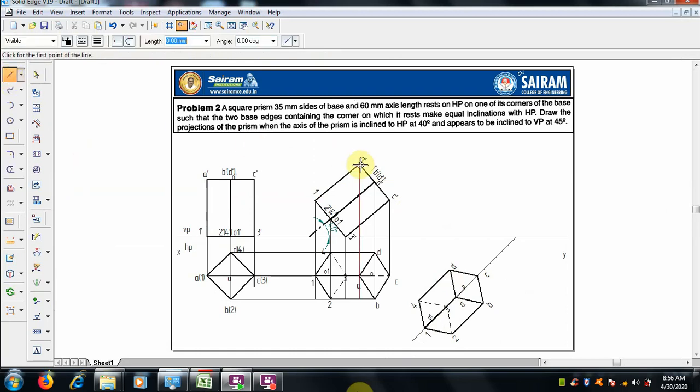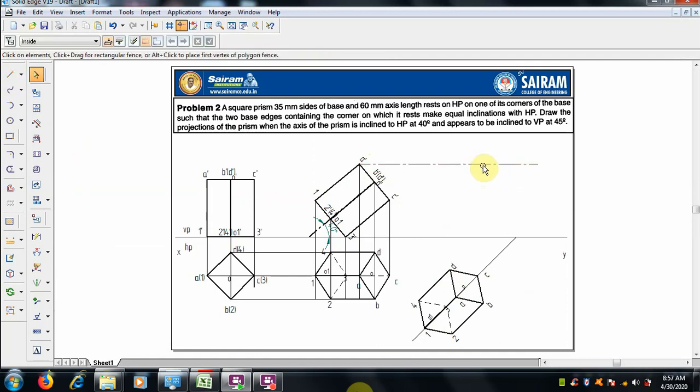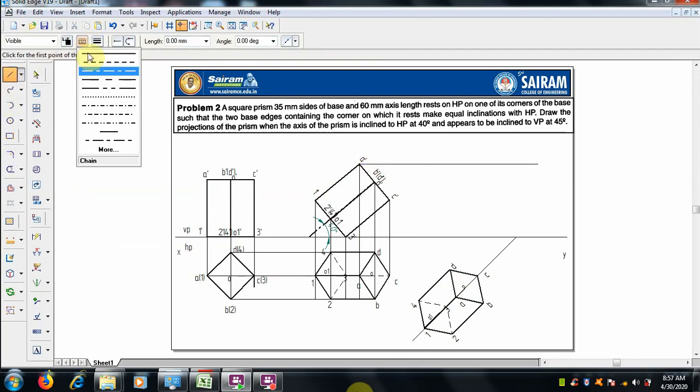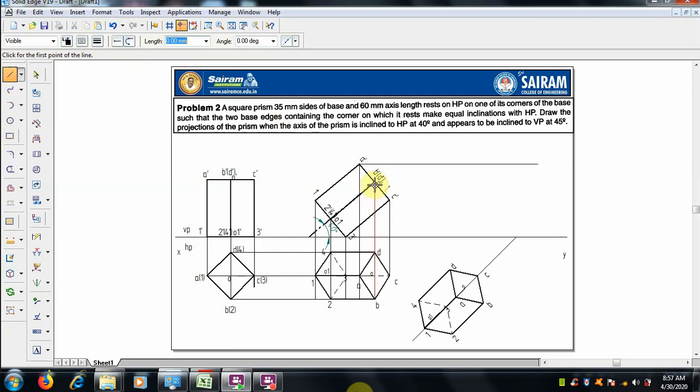Now we have to draw the top view after this inclination by projecting lines from the second position. Select thin lines, 0.13 mm line thickness. Draw the projector lines. 1 and C overlapping, 2, 4, 3.